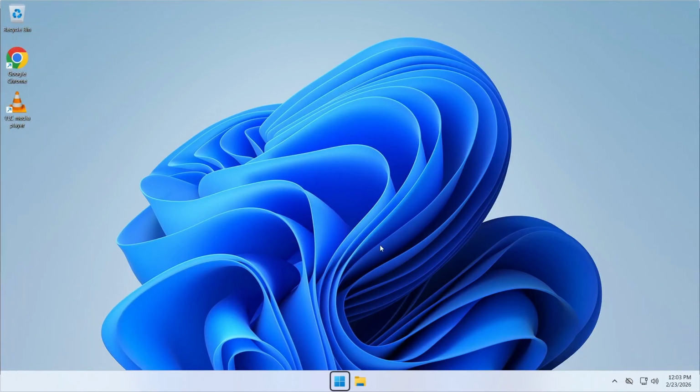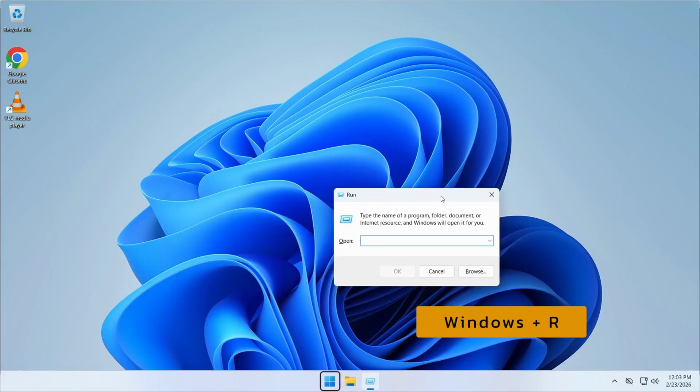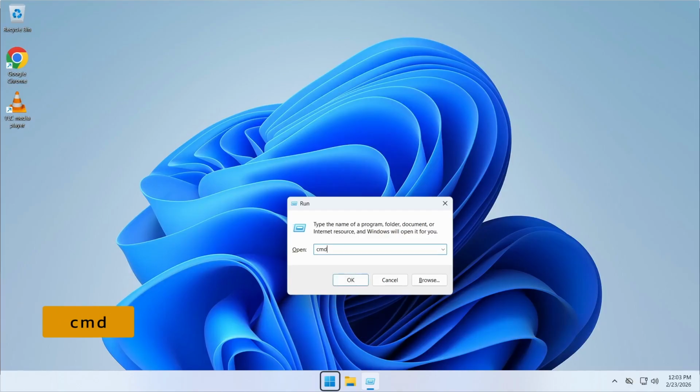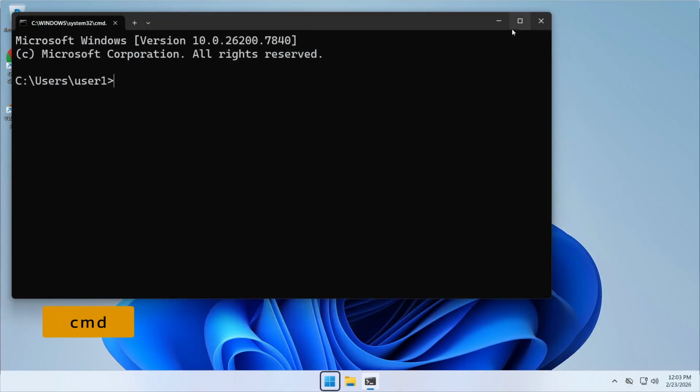Another way is to press Windows plus R key to open the Run Dialog box, and in the Run Dialog box type CMD and press enter. That will open a command prompt,